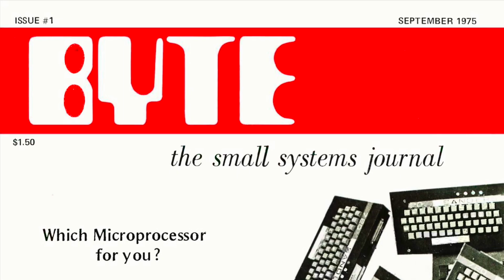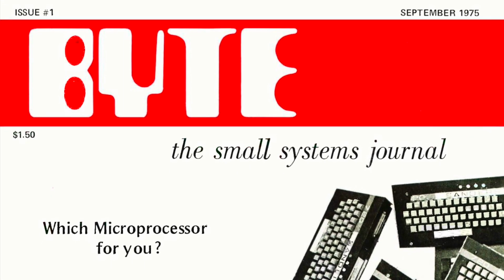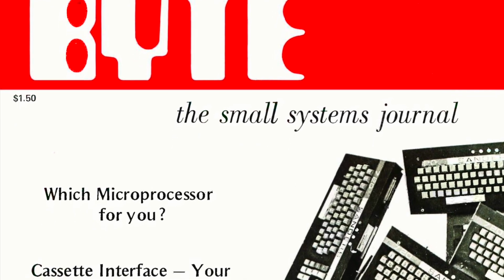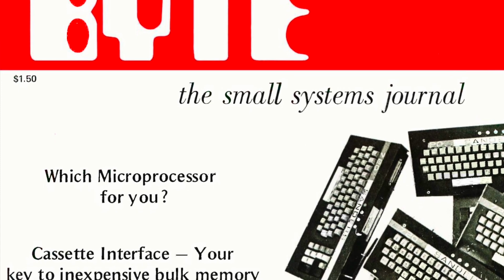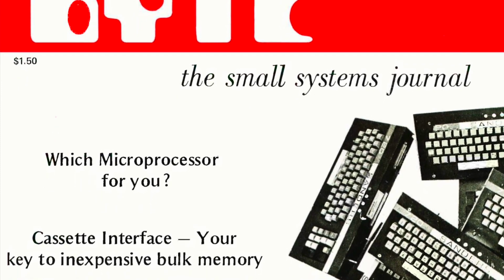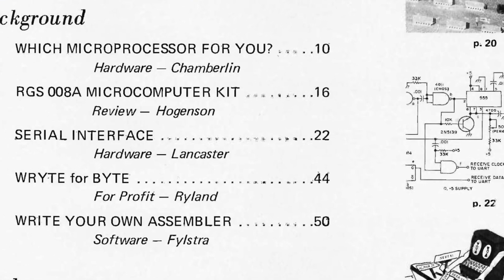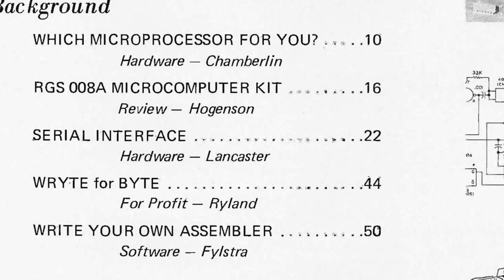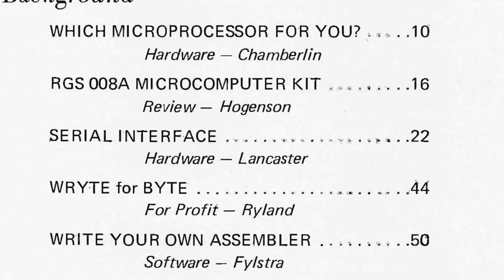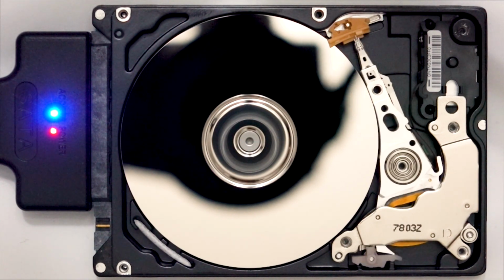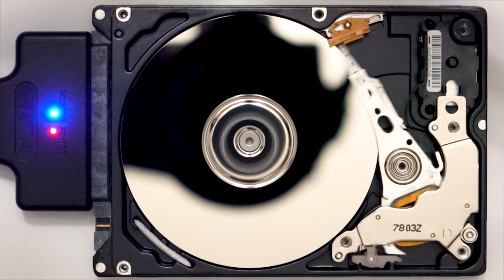But first, a little bit of history. Way back in the very first issue of Byte magazine in September of 1975, Don Lancaster, who'd already had a founding father type of influence on the home computer revolution by creating the TV typewriter in 1973, wrote an article simply called Serial Interface. In the middle of the 1970s, hard drives were reserved for the horrendously expensive minicomputer level and the monstrous mainframes still in use at the time, and only really expensive microcomputers had floppy disks.